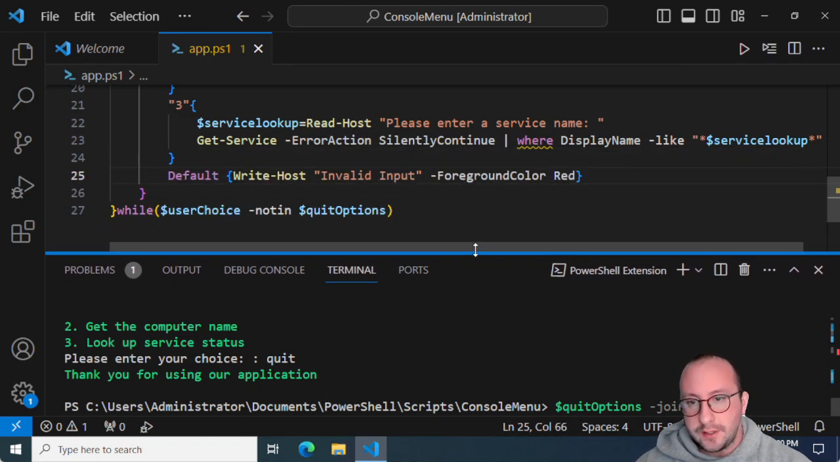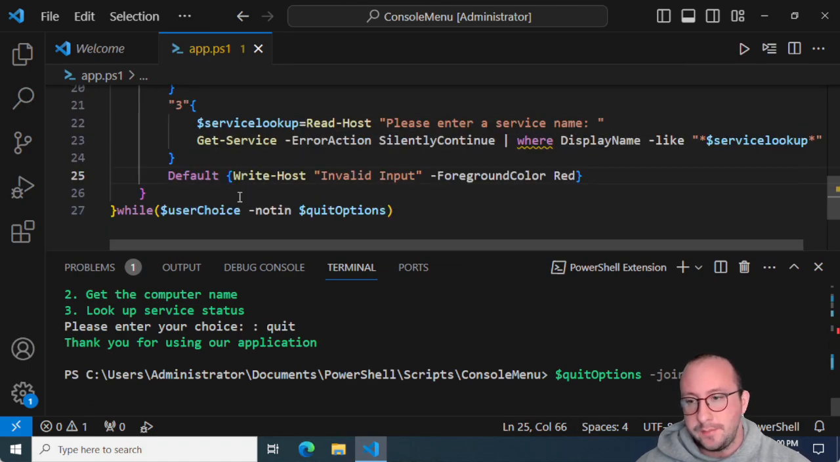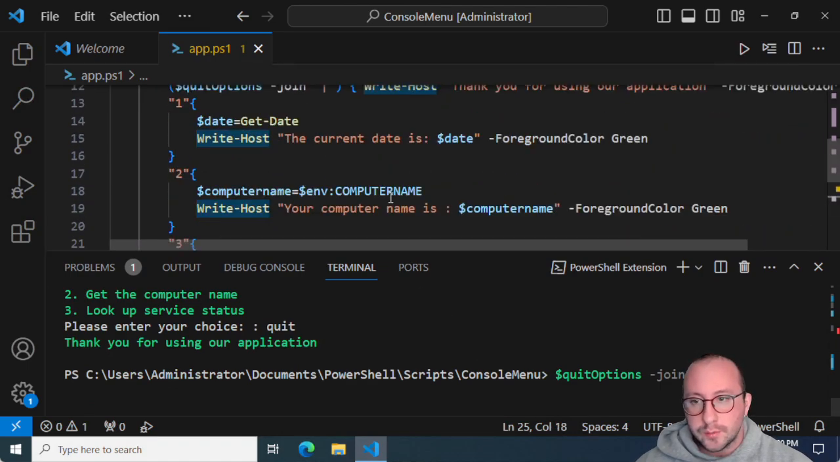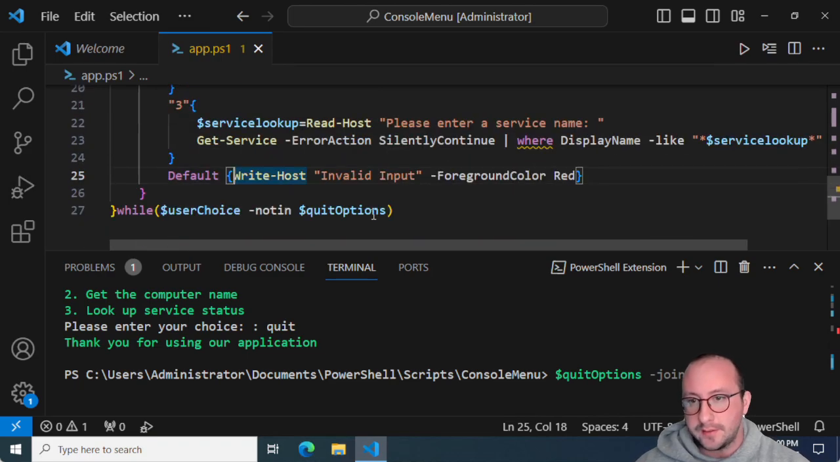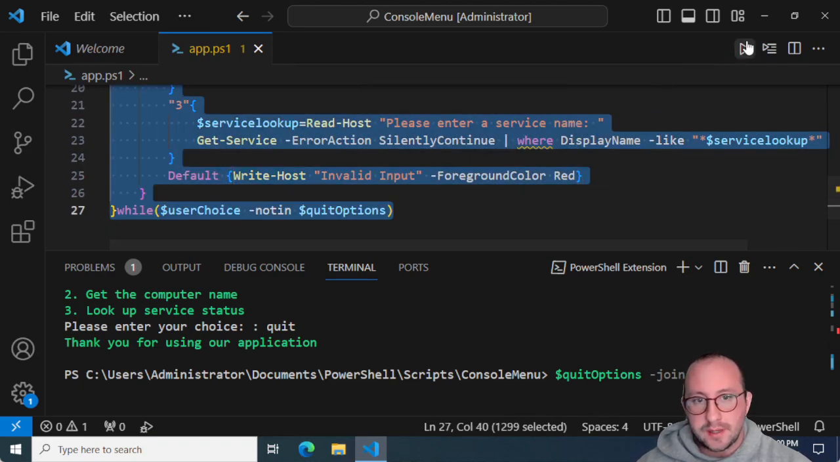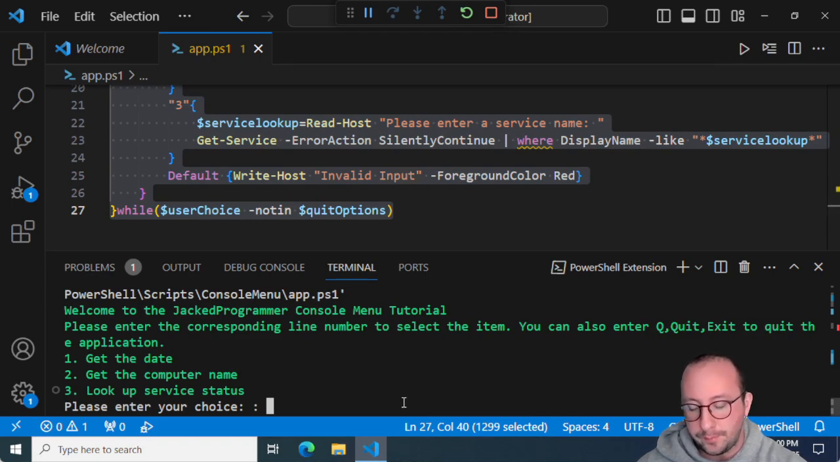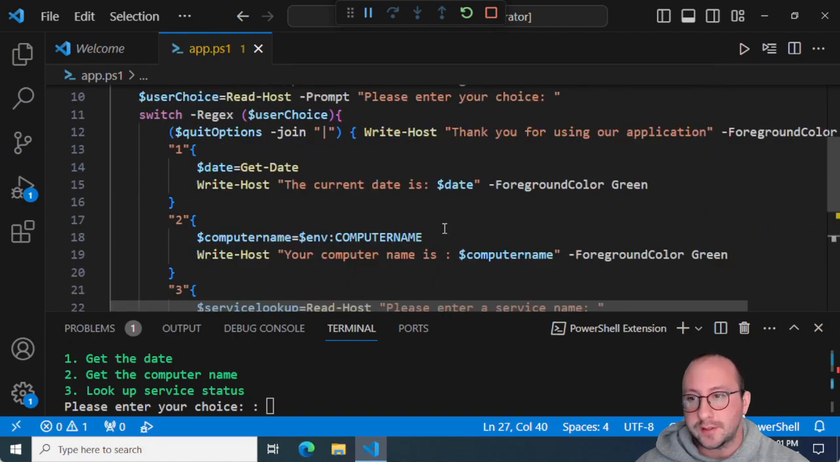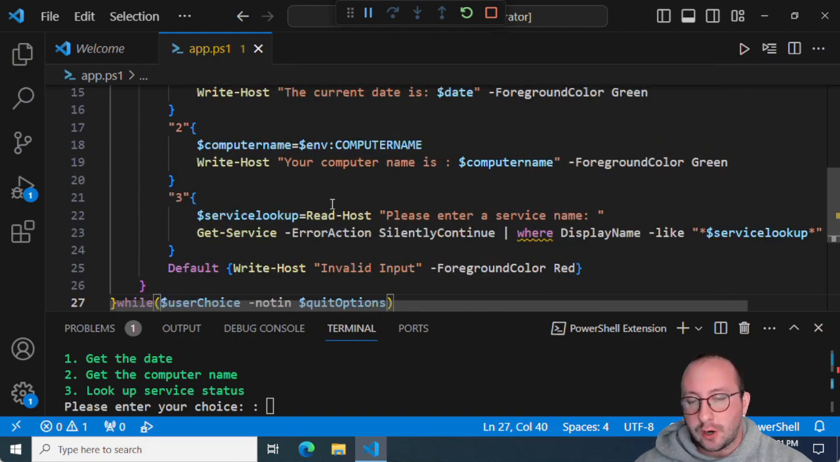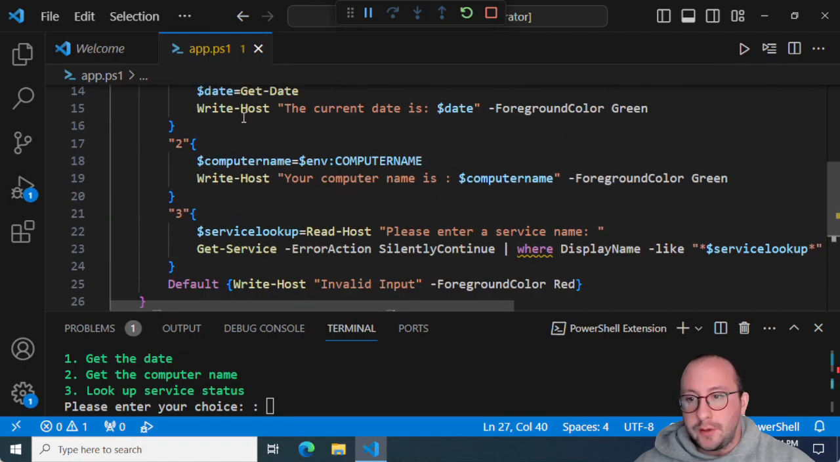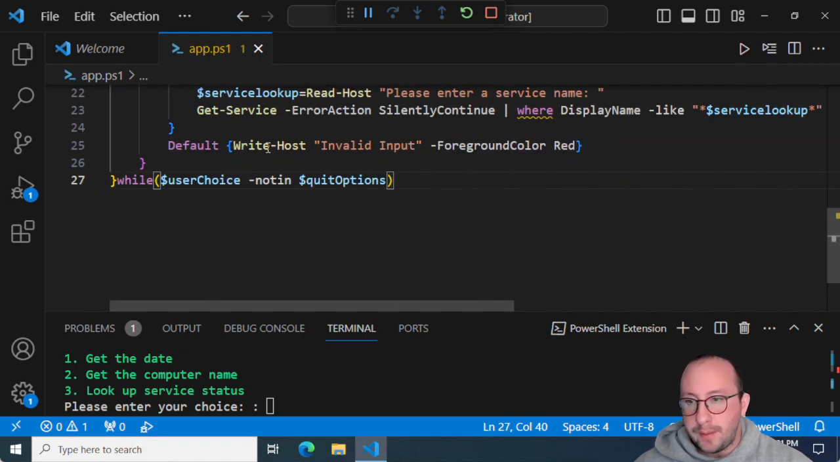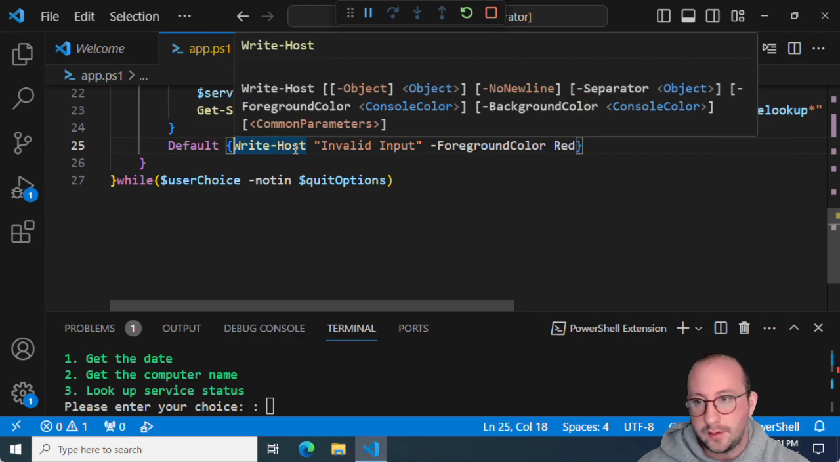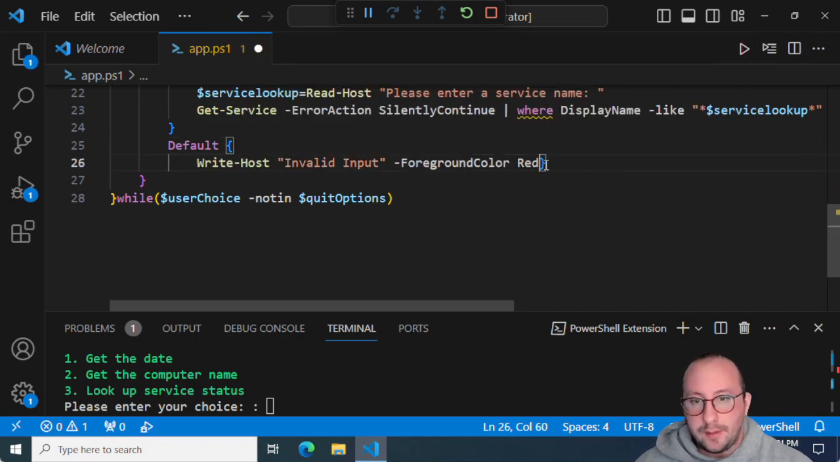So one of the other things that you can easily do as well, like I said, as we noticed when we had the E there, we had some different issues. As you're going to see, we can even get that issue if we type in, let's say, QWERTY. We're going to see that we get the thank you for using our application, because technically the regex match does match our option of Q. Now you can do this a little bit better here. If we did, instead of invalid input here,